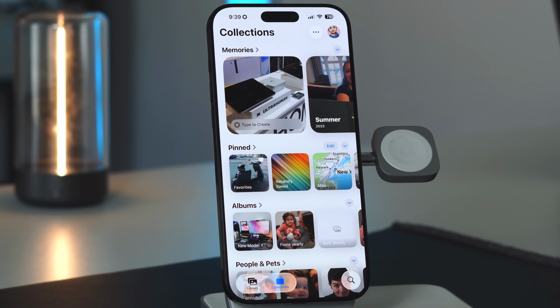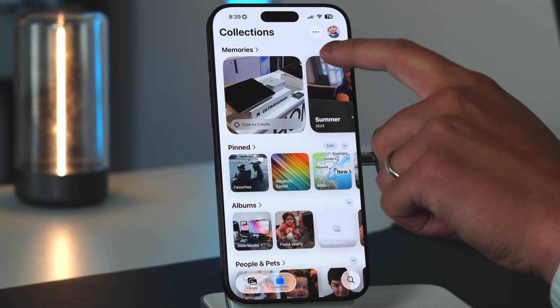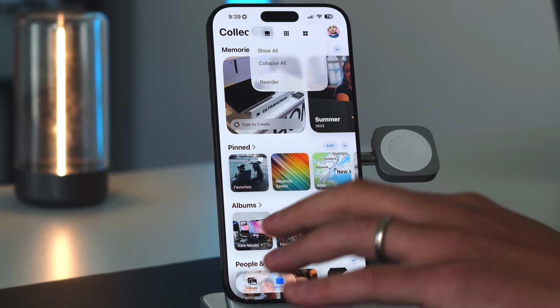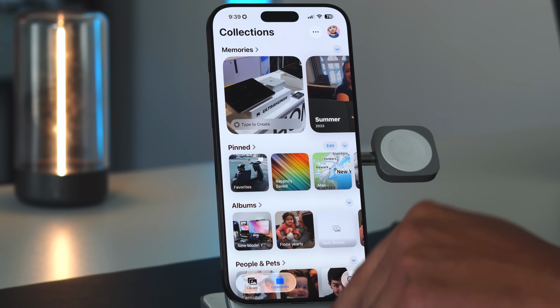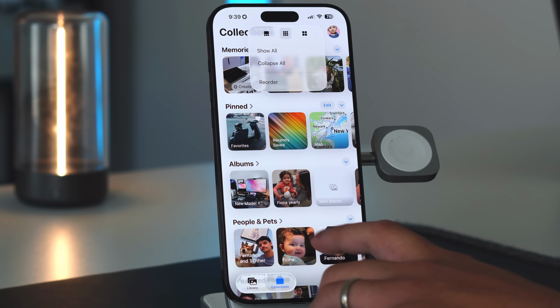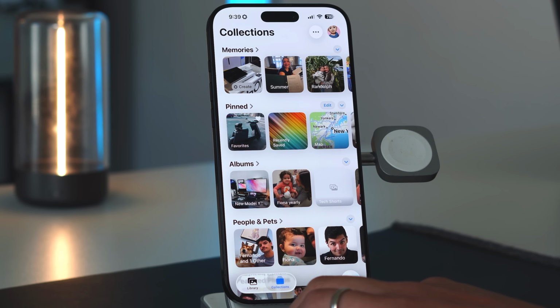But most of the things you need to know are going to be in the three dots or the ellipses. So if you tap on here, you have a bunch of new options. First and foremost is going to be the original view. So as you can see, we're in this top view where the main memories are a little bit larger than the rest, but if I go in here, tap on this one, it evens everything out, making everything a little bit more visible, a little bit more spaced out,